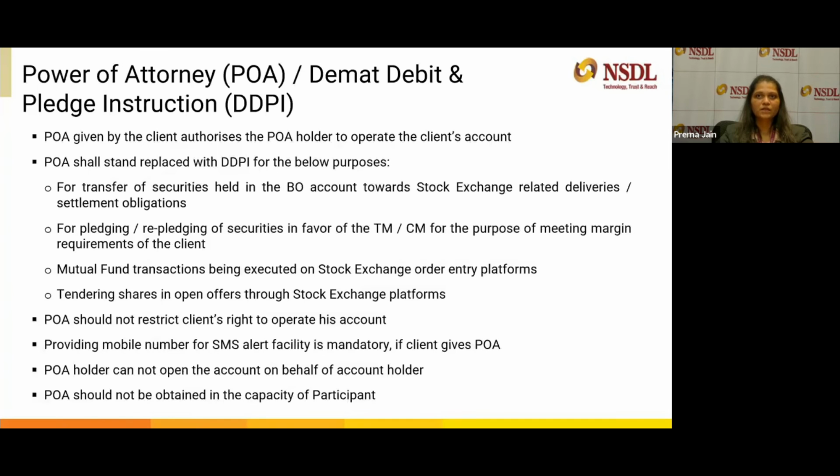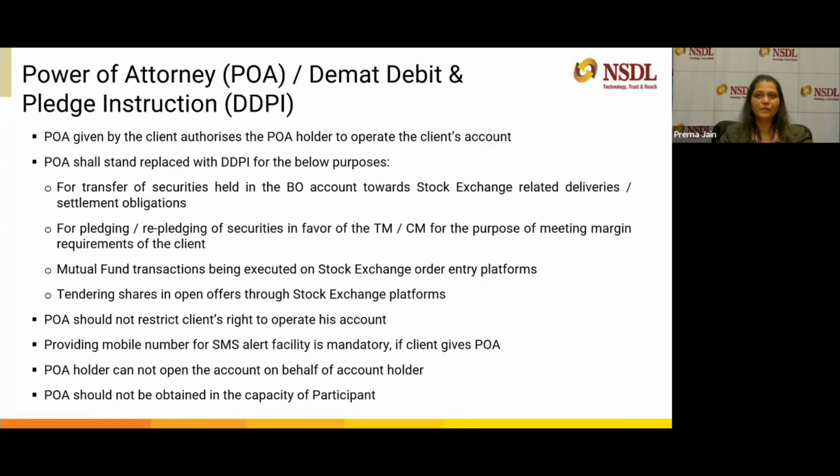POA is executed by client to authorize the broker to operate client's Demat account and bank account to facilitate the delivery of shares and paying payout of funds. However, in order to ease process, POA has been replaced with DDPI for four purposes: transfer of securities held in the BO account of the client towards stock exchange related deliveries or settlement obligations arising out of trades executed by the client on the stock exchange through the same stockbroker; pledging, repledging of securities in favor of trading member, clearing